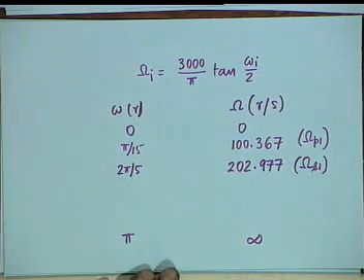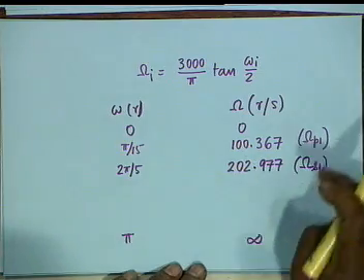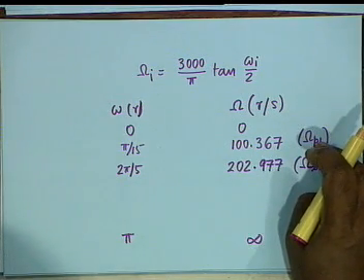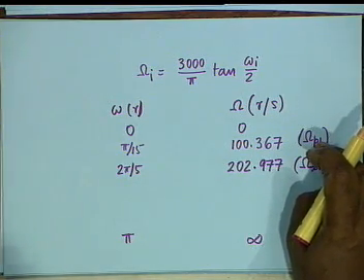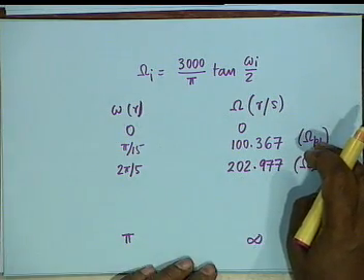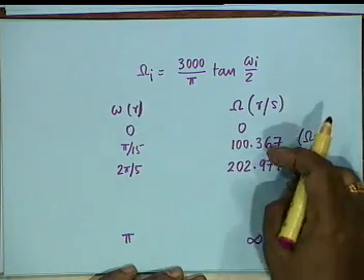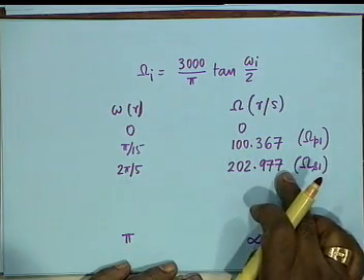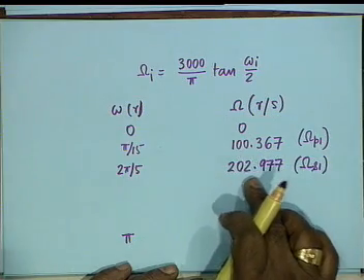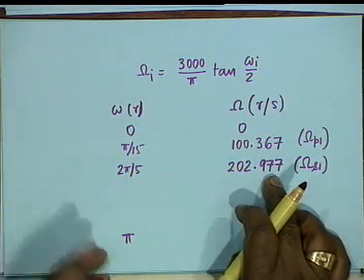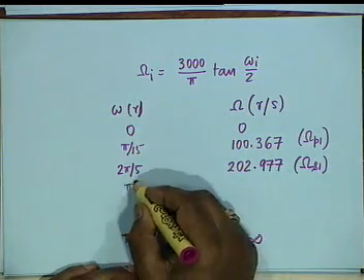Now notice that omega P1 is not much different from 100. Why? Because tangent of pi by 15, it's a small angle, is approximately the same as pi by 15. So it's not much different, but the deviation will increase as we go ahead. Similarly, 2 pi by 15 is also small enough, and the result is not much different. From 200 it has gone to 202.977. These are interesting points to notice as you go ahead.